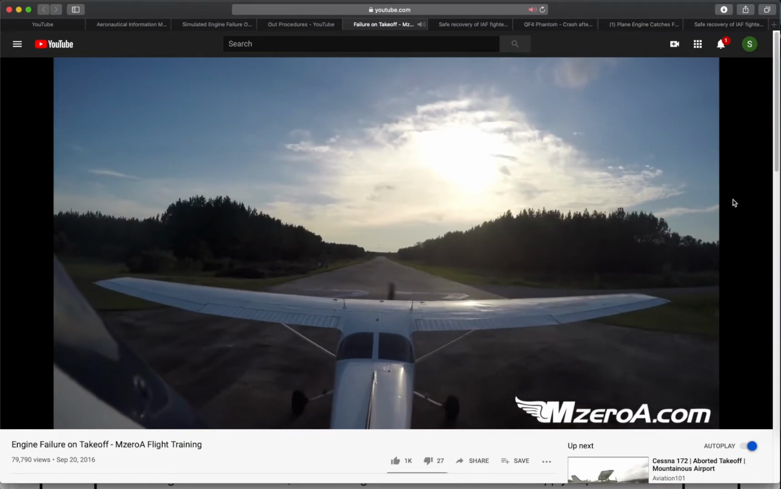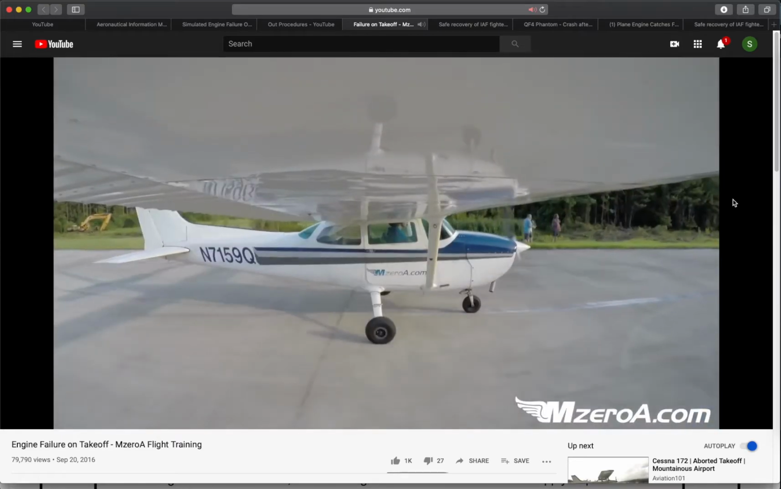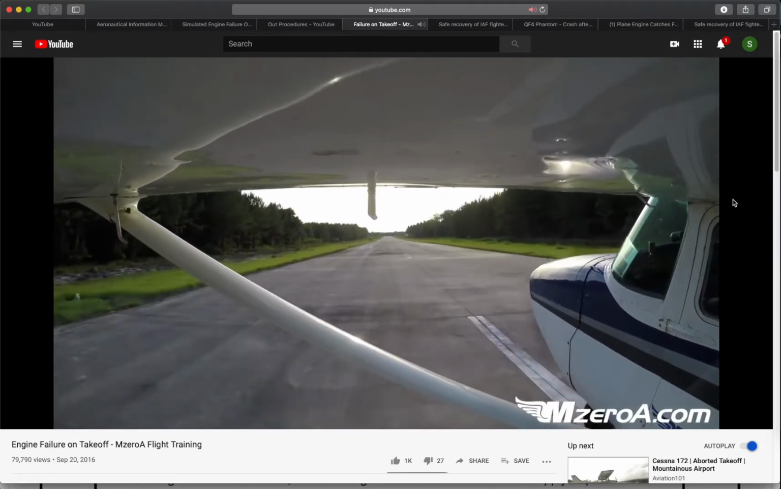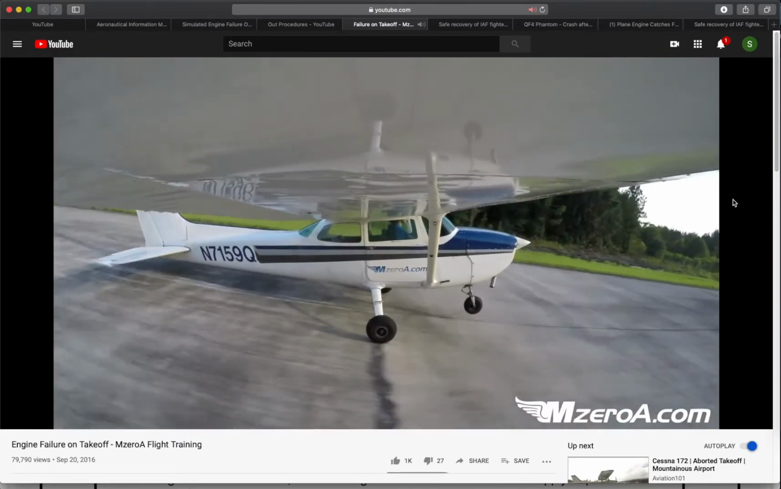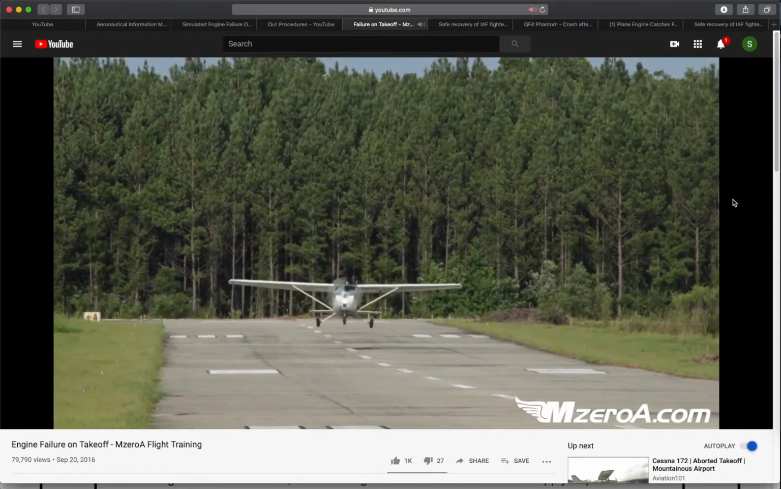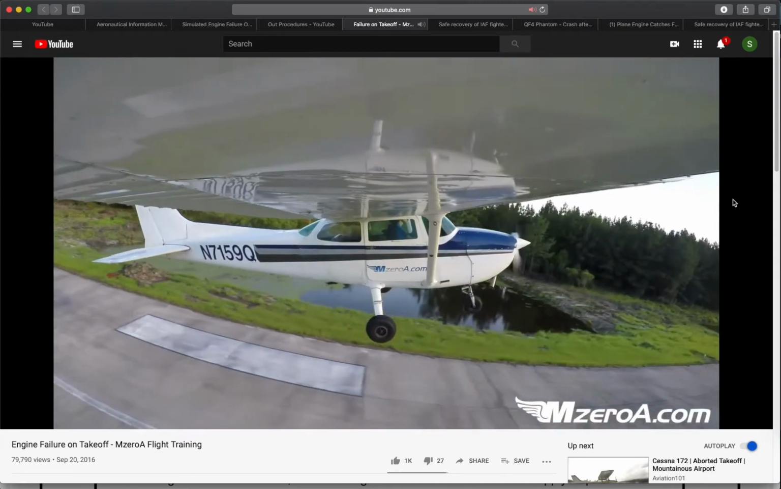We go full power. Airspeed's alive. Engine gauges in the green. Everything's looking good. And we think to ourselves, it's going to be a nice, easy, normal takeoff. And we rotate. And we climb up, up, up. And all of a sudden, without any warning,